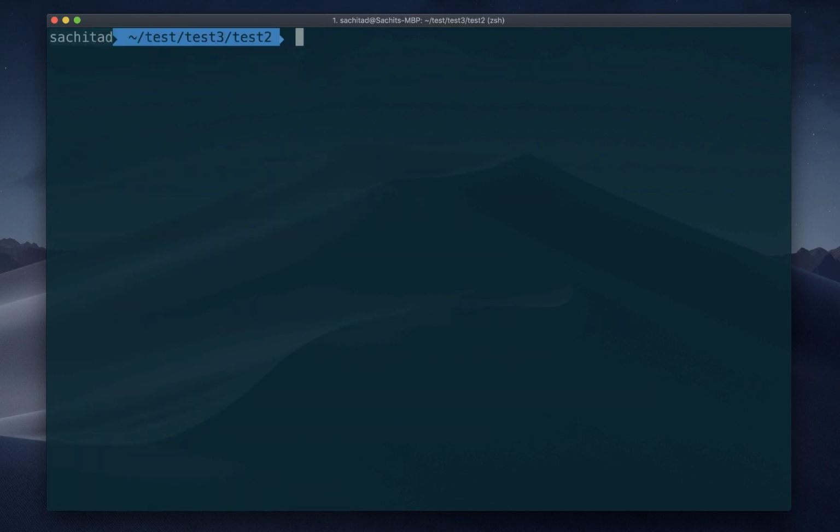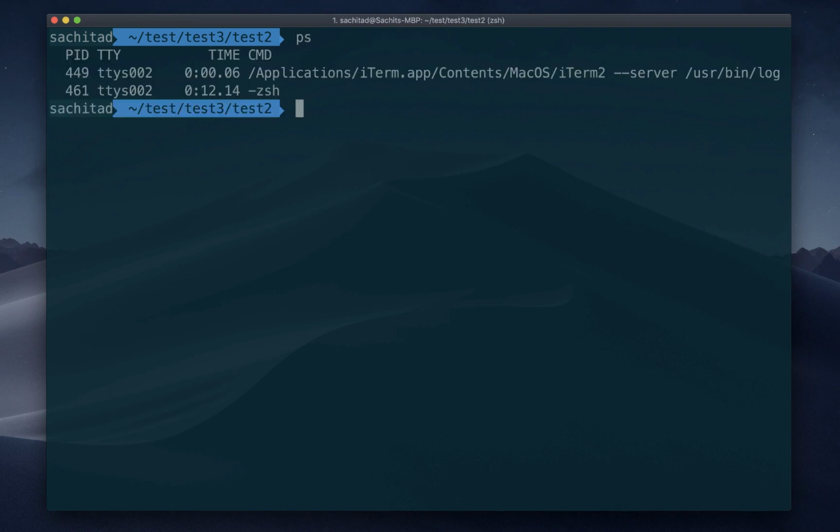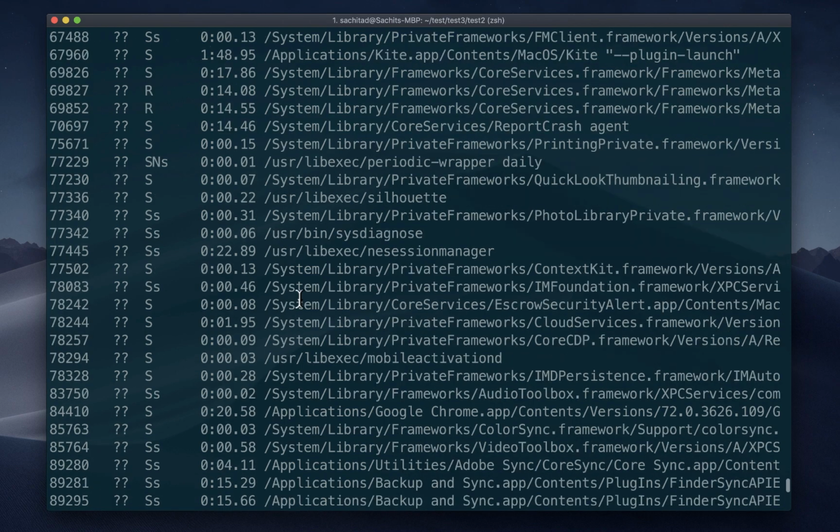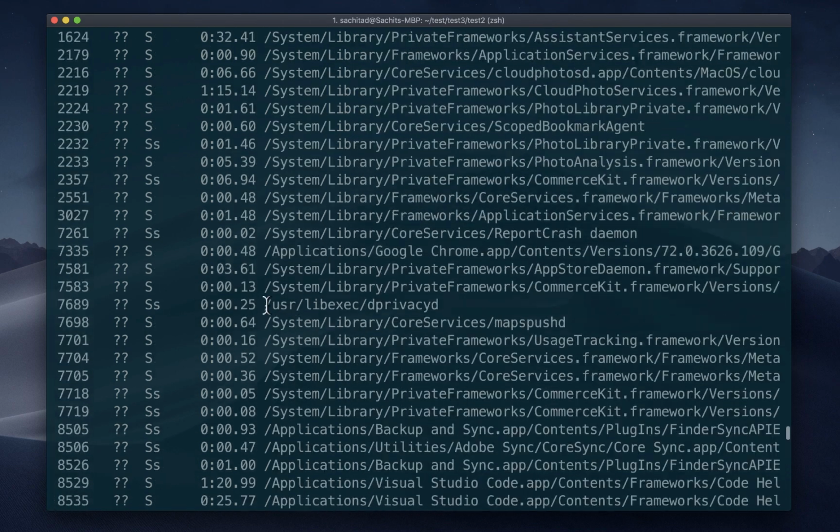Now let's look into this command called process. Process will tell me what processes are running on my computer right now. For that, I will use this command called ps. Apparently, this will only tell me the current process. So for all processes, I will use ps ax, and then this will give me all the processes that are running